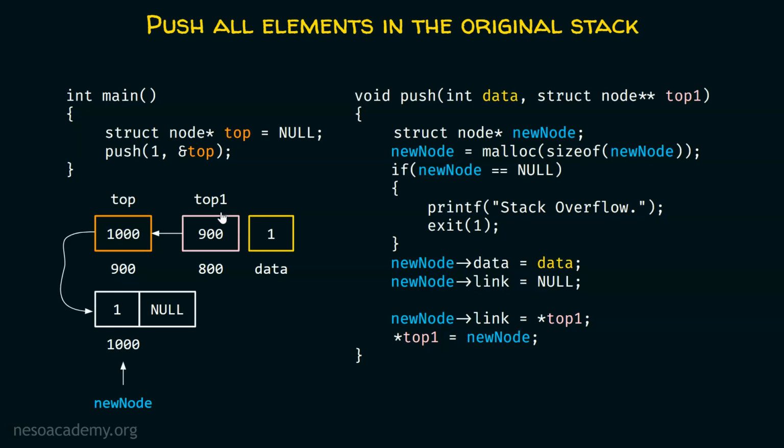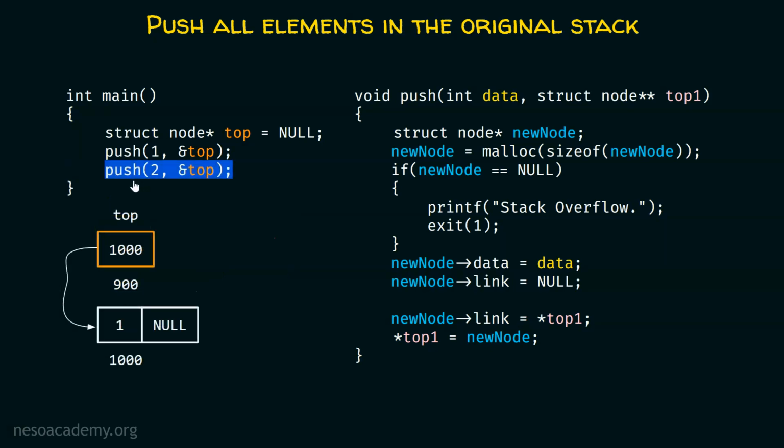This top one pointer is simply pointing to this pointer so that this top pointer can reference this later in the code. You can see that we are making changes in this pointer and not in this pointer. Currently, this top pointer is pointing to this node, right? Therefore, if we return back to this point, we will get this address 1000. There is no doubt about this, right?